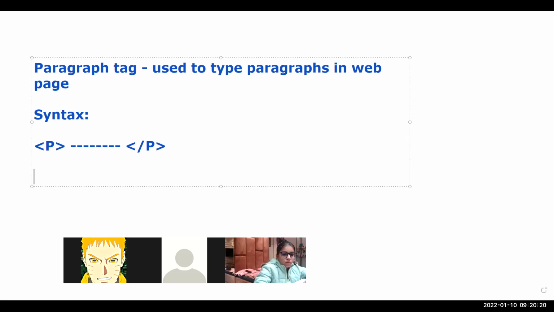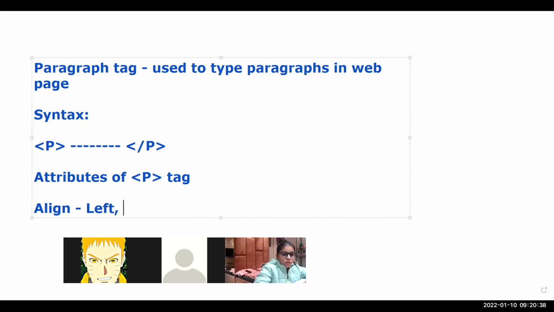Again, attributes of P tag. There is only one attribute again used with the P tag, that is align. And align can have the values again same: left, right, and center.